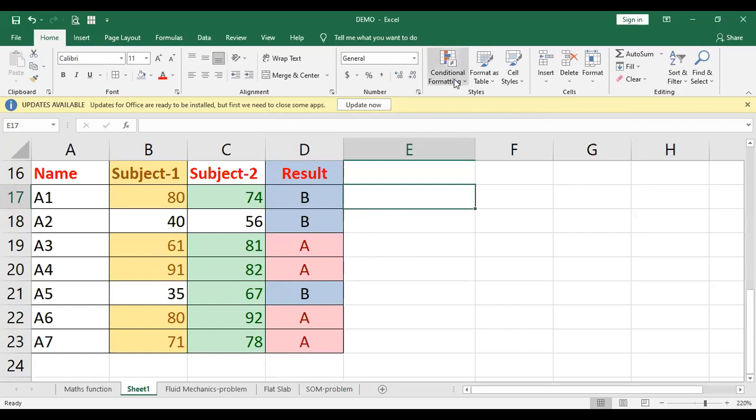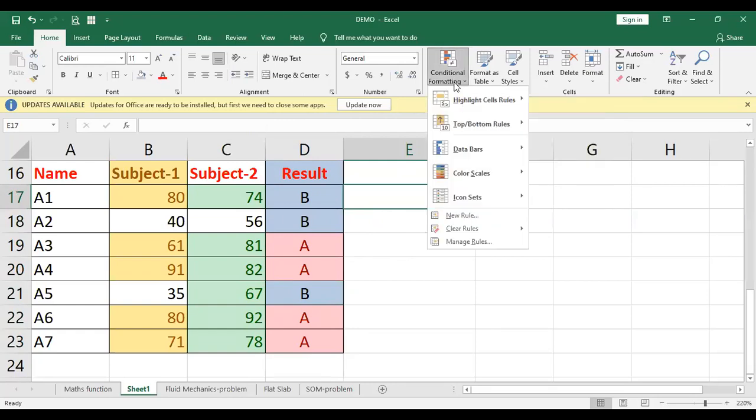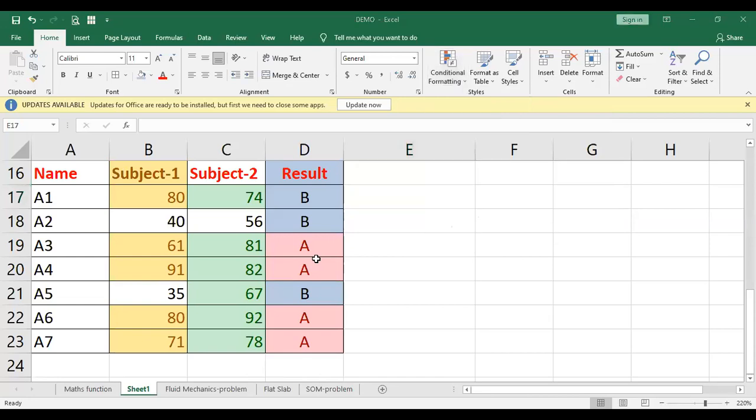Conditional formatting, the use of this conditional formatting, you can change it. You can even change the color scale, icon scale likewise. So we'll just again go to our Excel sheet.